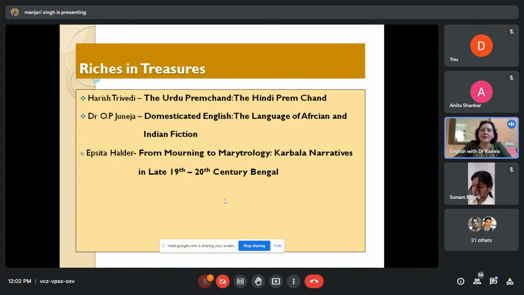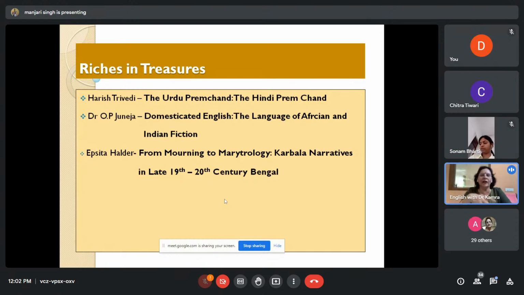So this is how they have domesticated. They picked their words, but then you'll find that they have made it their own, by adding some inflections or making up derivatives. And this way you'll find that our English has become English. And we are proud of that because we say that this is something we have contributed in making English our own. Now, we are in a state to say that we possess English because we have shaped English for our Indianness. And there's one more, which is the third one that I would like to draw your attention to.